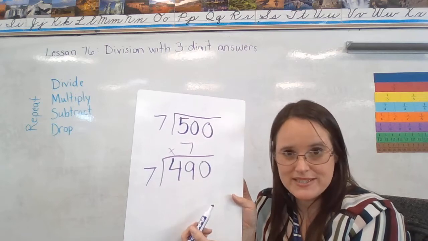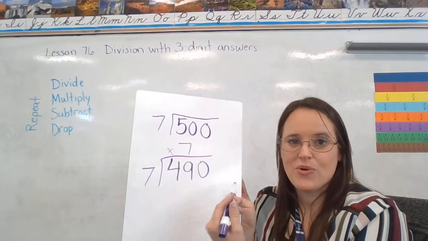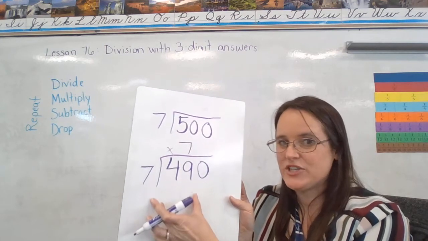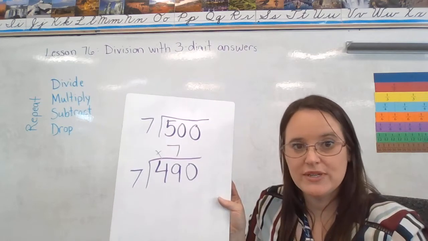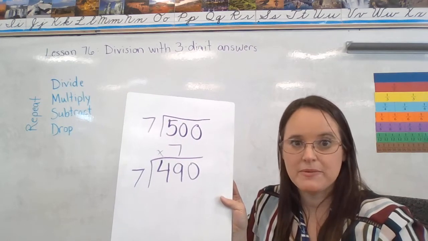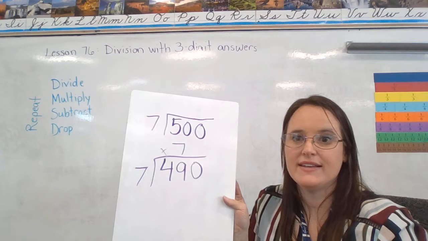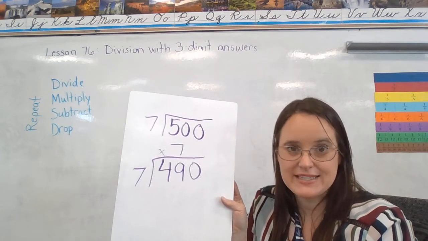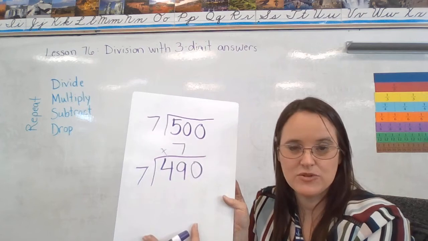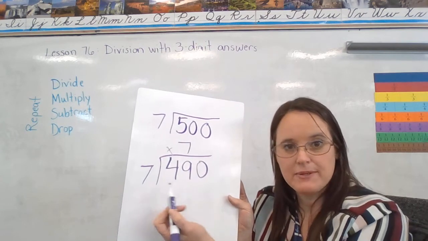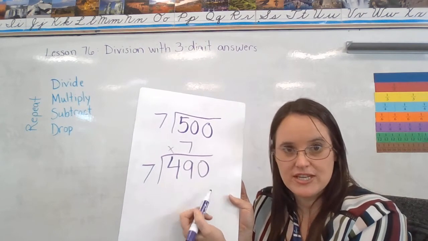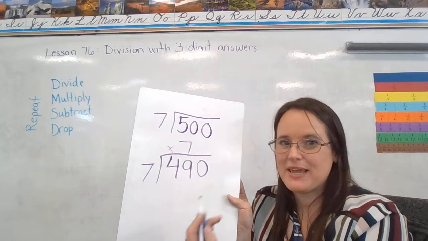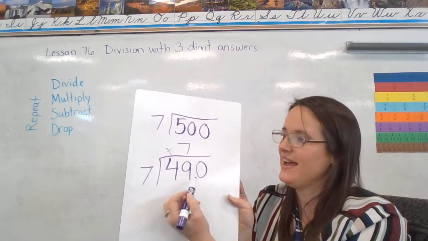I'm going to subtract, I'm going to get 0. I'm going to drop 0. So I don't necessarily need to write that. Now, if you need to write it to be able to keep track and do your math work carefully, then yes, by all means, please continue doing that work. But when it's a problem like this, where we change the number to estimate to make it easy to do in our head,